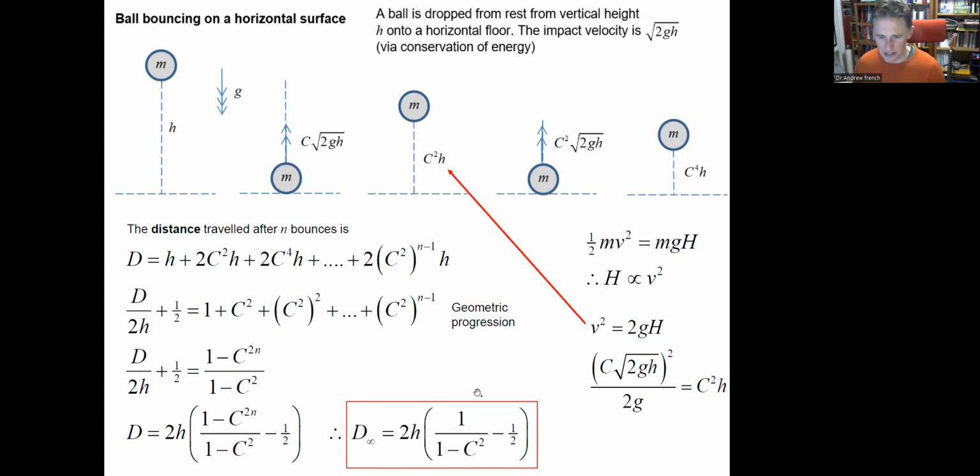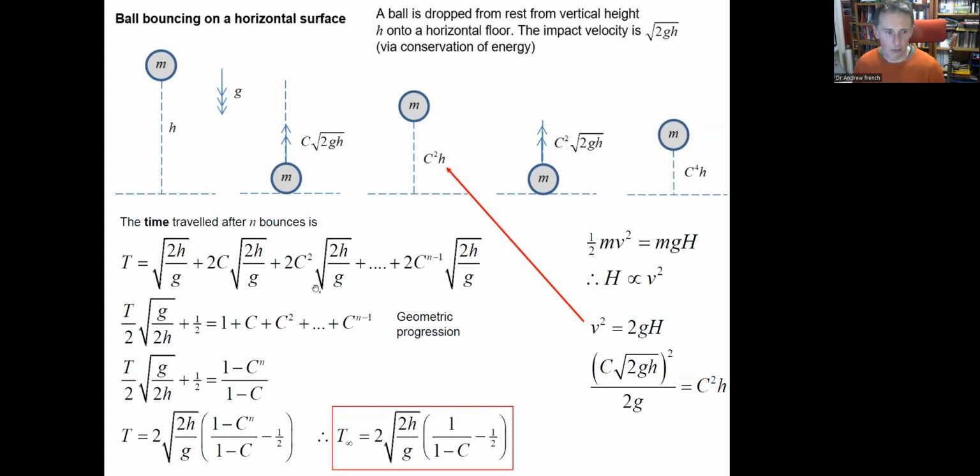That's the formula we used to calculate this. The time is very similar, where the time is root 2h over g from kinematics. And then each time we're going to multiply that by the coefficient of restitution, right? Because it involves the speed here. So that's also a geometric progression, but it's not quite the same numbers in front. You have the same factor here, but rather than 2h, we've got 2 root 2h on g. So again, that's something to eyeball in slow time, but that's now a formula that we can use to predict how long it takes to bounce.